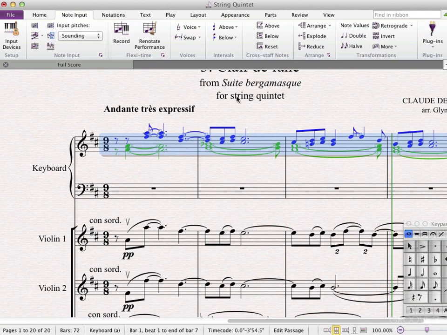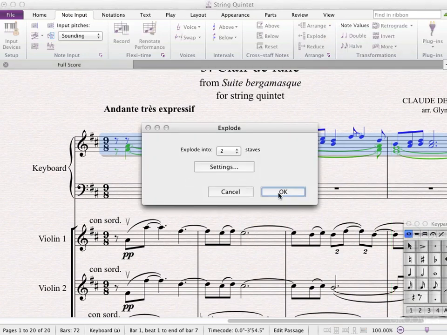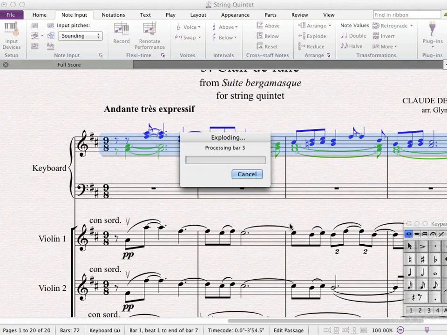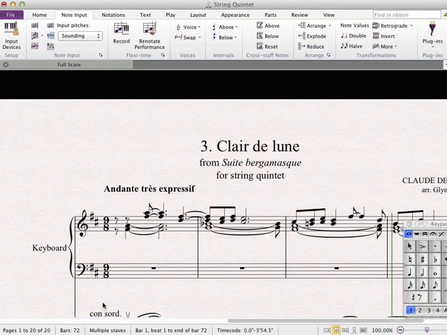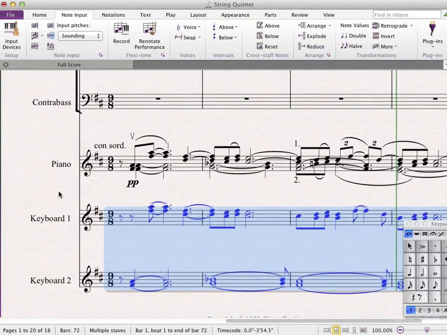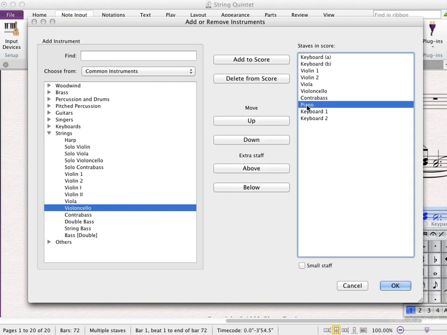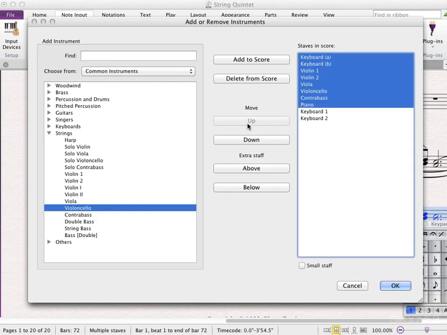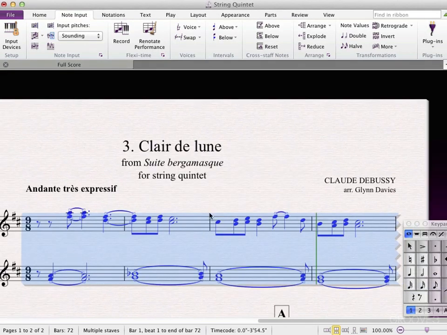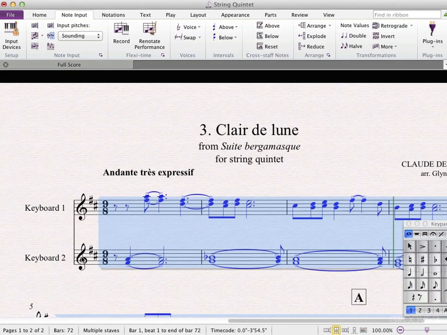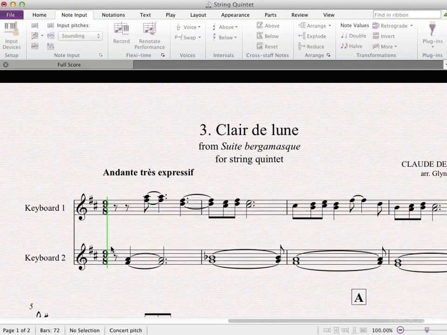And oddly enough, this one may look better if we explode it onto 2 staves. And here is our corrected piano part. So now we can go into instruments and staves, delete all the rest, and we're just left with our piano part. I would now need to change the clef there, but you can see we've pretty much got